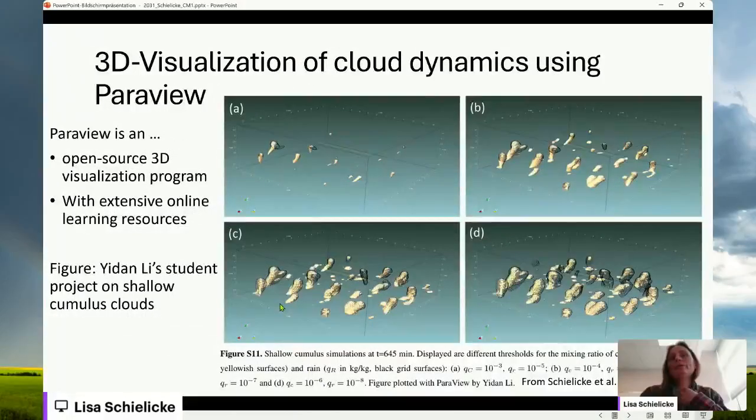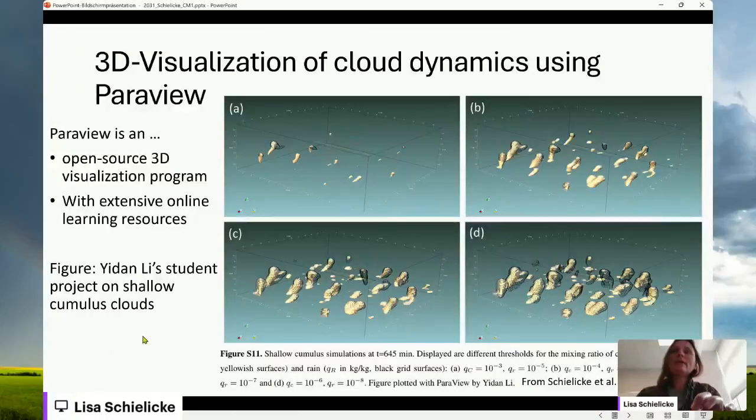The 3D visualization of the cloud dynamics was done, in my case, I chose to use ParaView, but one student already knew another 3D visualization software, Vapor, and he used this. I chose ParaView because it's an open source 3D visualization program, and it has extensive online learning resources. So the students worked through the online resource, and then after that, during their project, they produced 3-dimensional